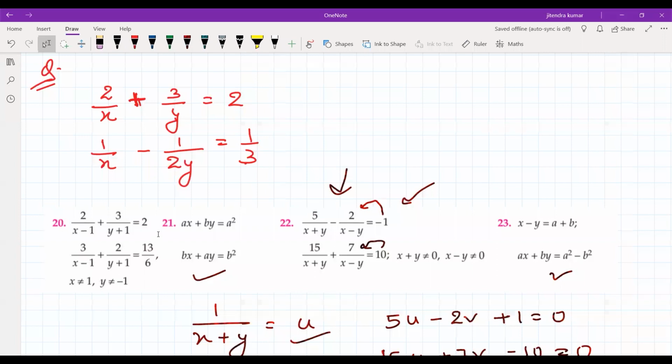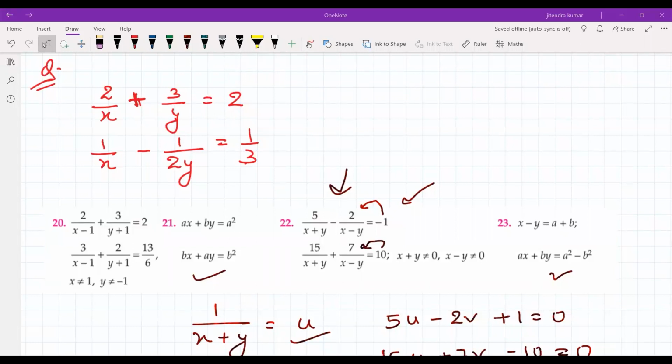Okay, so from next class, you can go for all the exercises from your NCERT book, because we have completed all the concepts now. We just have to see questions based on applications. You can go through the exercise 3.6 also now, because in 3.6 also the questions are similar.